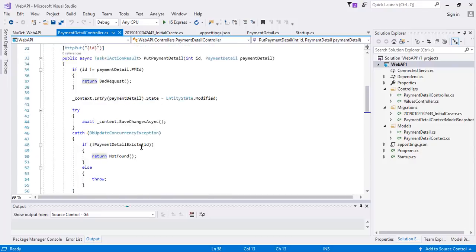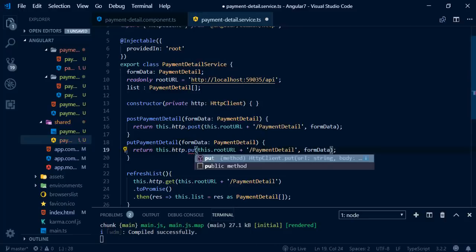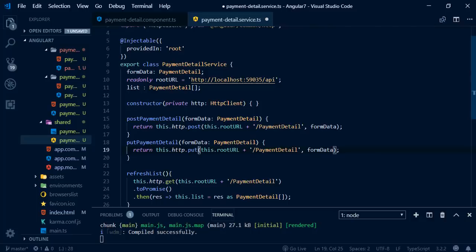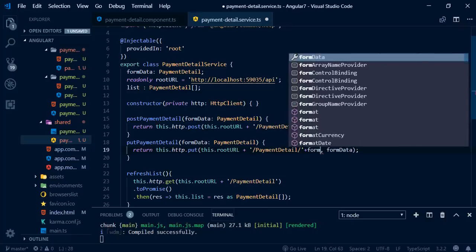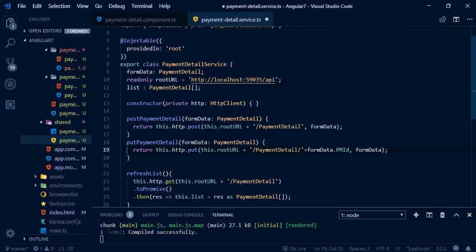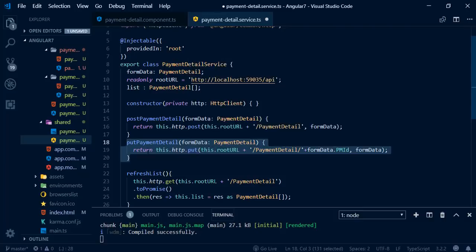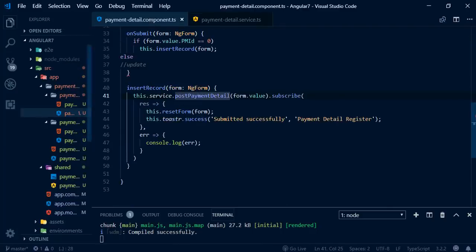Now let's look at how to consume this put web method from this Angular application. We just need to call this put function instead of the post function here. And for the web API URI, we have to concat the ID here. So we can do this: formData.PMID. As a second parameter, we can pass the value of this parameter, payment detail. After the operation, it returns an observable. We have returned that observable from this function. Now let's call this function